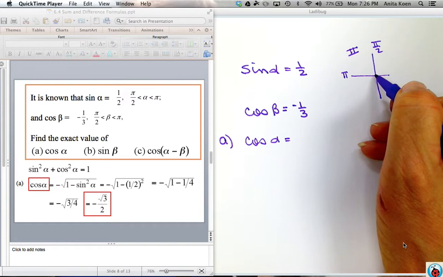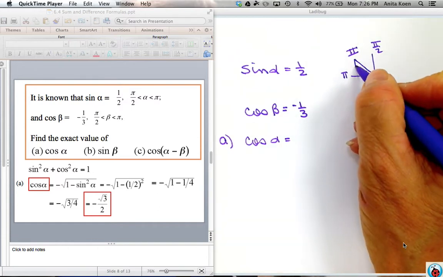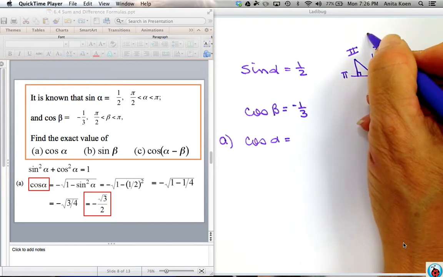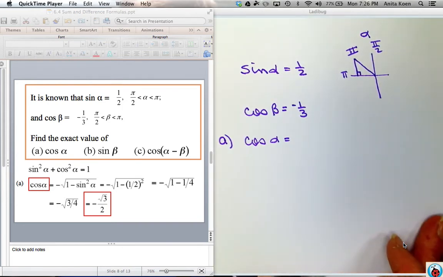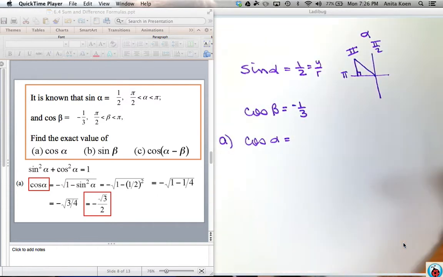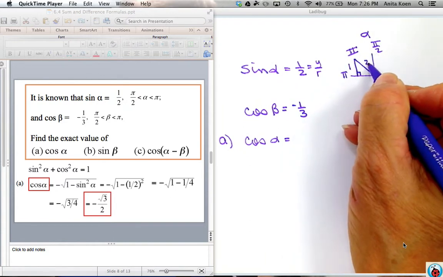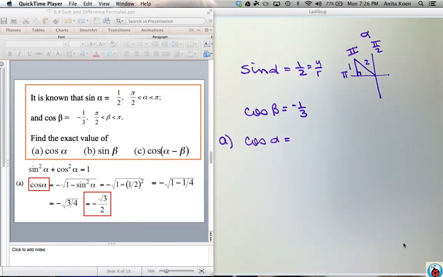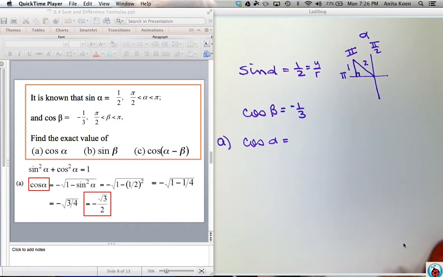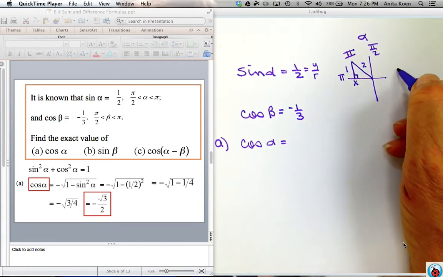Okay, so let's say that alpha is over here in quadrant 2. So this is going to be my alpha graph. And I know that the sine of alpha is 1/2, which is going to be y over r. So y is 1, r is 2. And so if I want to find out what x is down here, I'm going to do